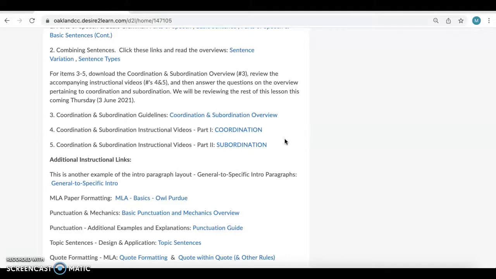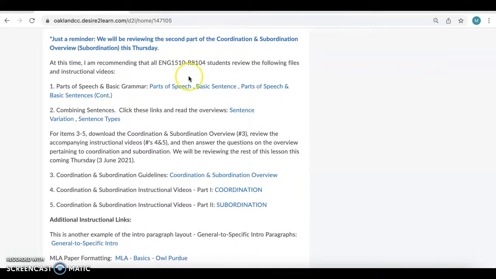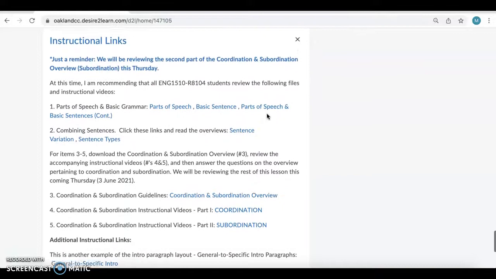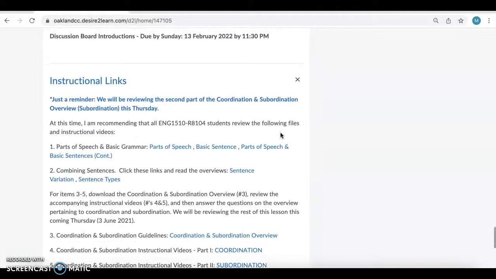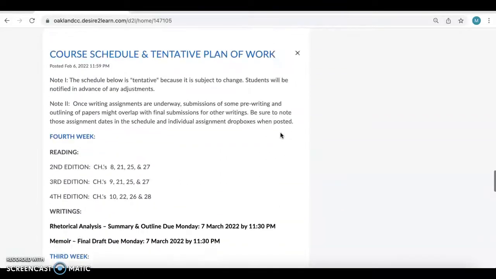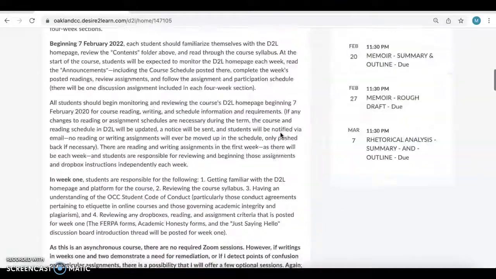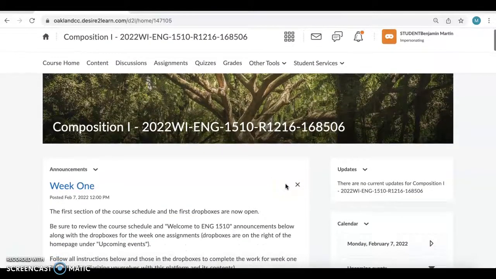Just remember that those are things that I will mark down for at the sentence level, including any of the basics. I include some of these for review, like parts of speech and basic sentence structure for anybody who needs that. But just note that by 1510 and 1520, you're expected to have those things pretty well in hand. The more severe grammatical and punctuation style errors are in your writing, the more you'll get marked down for those. Hopefully, we're marking mostly content this term.